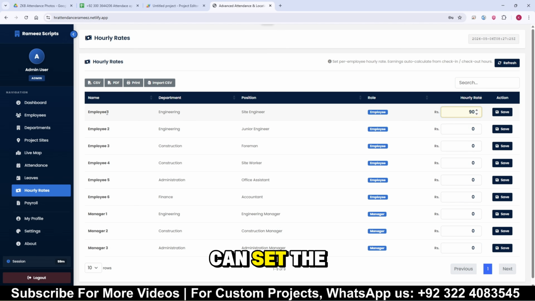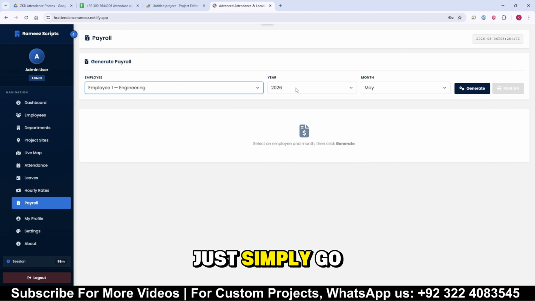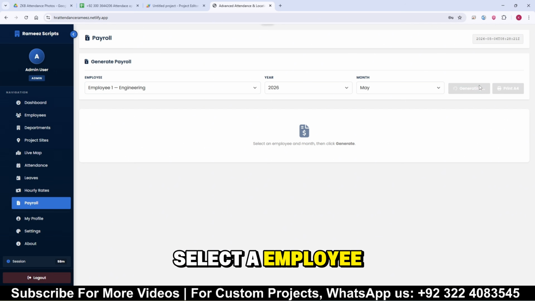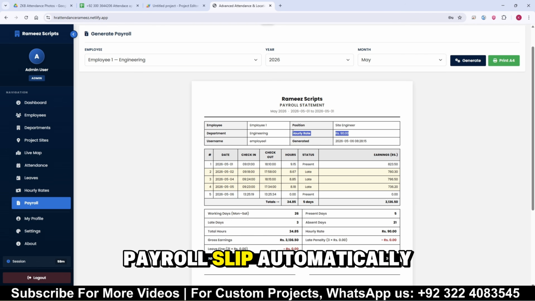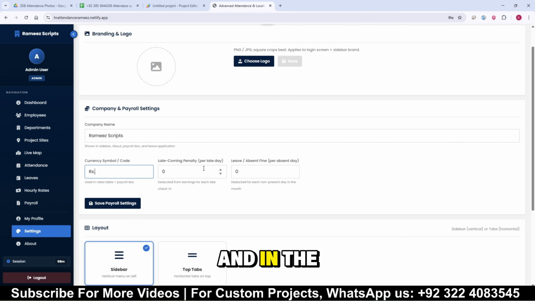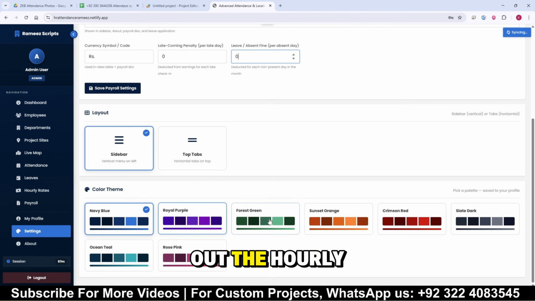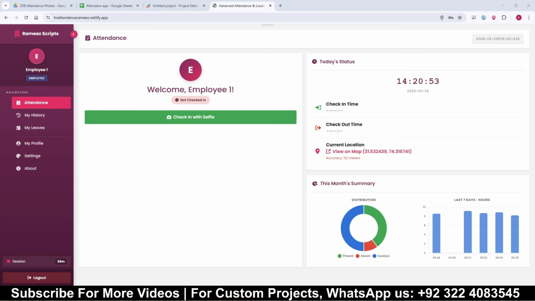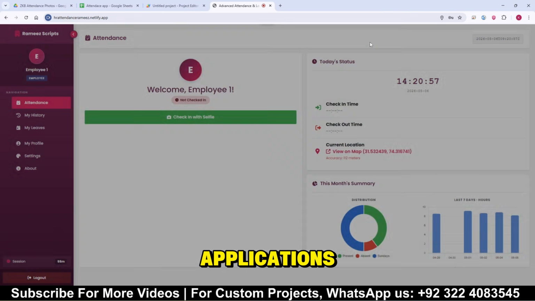And then we can set the employee hourly rates in the settings. Then we simply go to our payroll, select an employee, and the salary payroll slip is automatically calculated based on their hourly rates. And in the settings section we can change the hourly rate and the currency symbol as well. Well, now I am going to tell you how we can create this web application